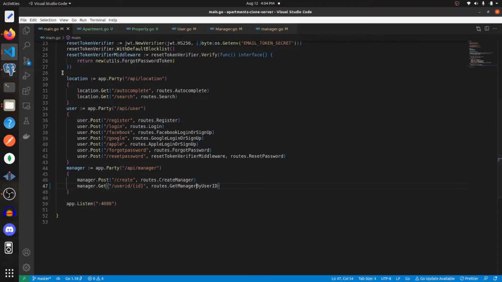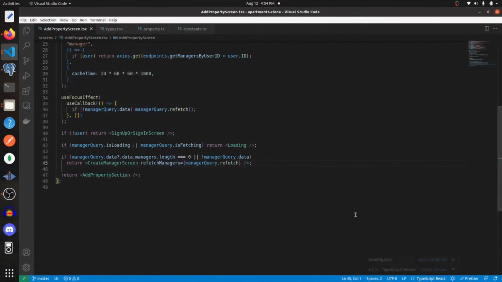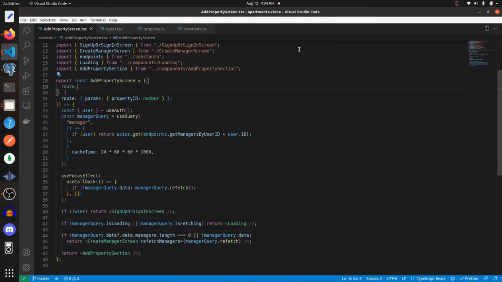And we need to navigate back to our application code. And we are getting this data here. So manager query.data.data.managers.length. So this would typically be that array that we just had. So we can get rid of that. And we'll just keep this second option, and here we'll say .data,